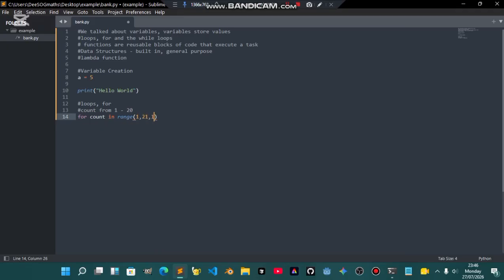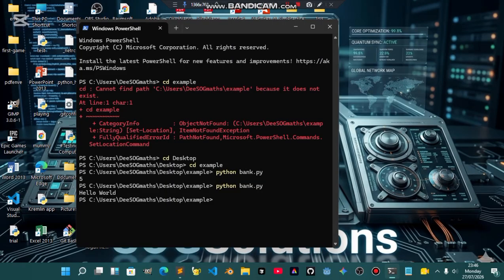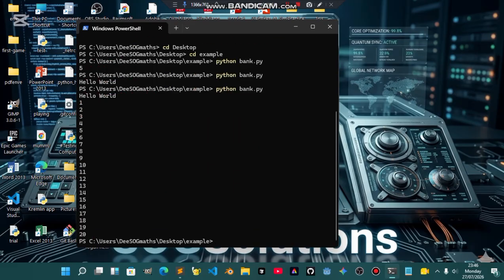And the default step is 1. So we don't really need to attach it. By default, even without attaching 1, it's going to increase by 1. You can attach it or not, but I won't be attaching that. Now when I've written this, I can just write print count, and when you run that, you will actually be seeing count printing from here. So if we close this, paste that out again and press run, yeah, you can see 1 to 20 coming out. So 1, 2, 3,